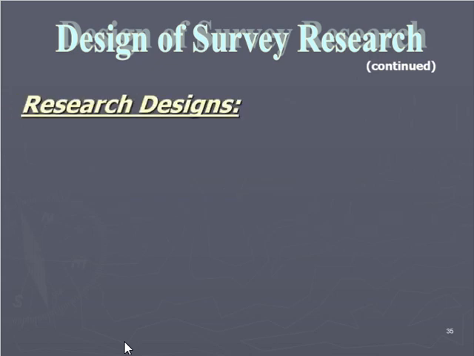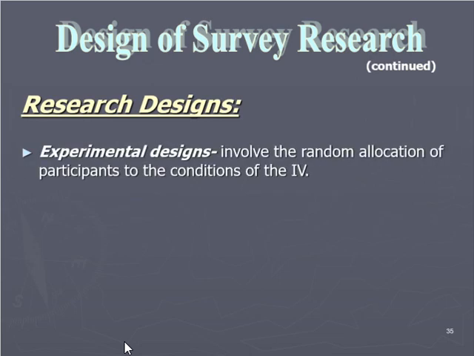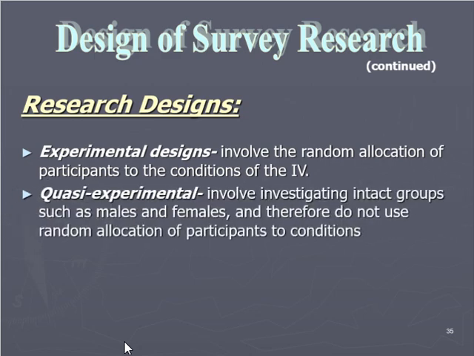Research designs. You have your experimental design. This is when you randomly allocate participants to the conditions of the independent variable. Okay, so ayun. And then you also have quasi-experimental. Involve investigating intact groups such as males and females, and therefore do not use a random allocation of participants into conditions. In short, okay, under experimental designs, okay, you have to divide them into groups, okay, for quasi-experimental kahit